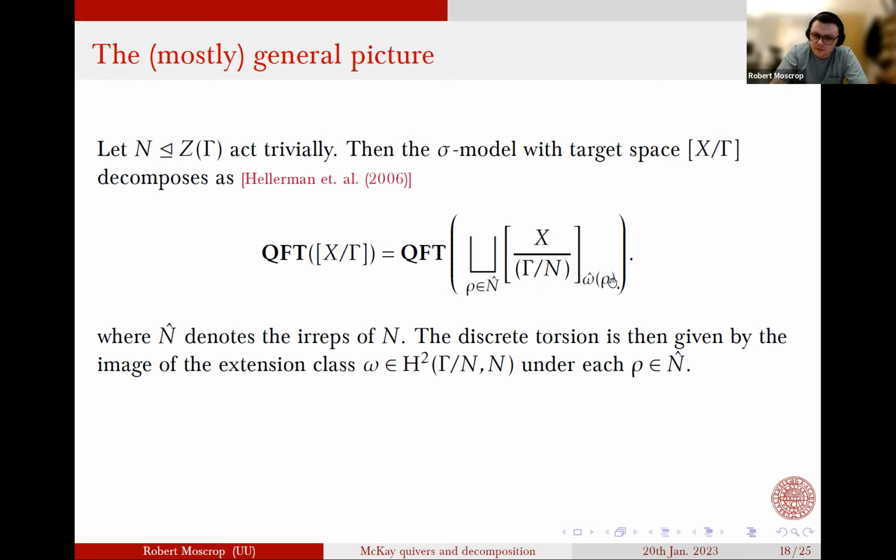Maybe that's a technicality that isn't too important, but the point is that just from this, you can get the discrete torsion of each term. And when it's centrally extended like this, these QFTs always decompose in such a way where the orbifolding groups are identical on every factor. That's a key point, because if it's non-centrally extended, then these orbifold groups could in general be different. This is reflected in the quiver, and we give examples of this in the paper, but I won't have one today because it'll take up a little too much time.